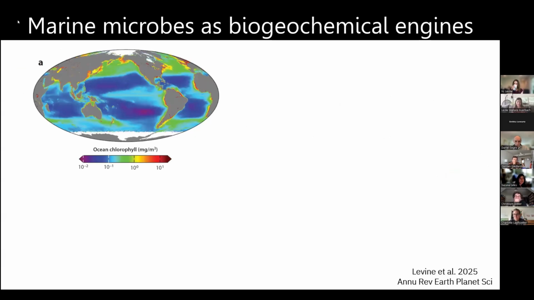But before diving into this story, let's look at the big picture and also talk a little bit about what are these cellular scale models. So as we know, marine microbes act as biogeochemical engines. Phytoplankton, for example, are responsible for producing half of the oxygen on Earth. And remote sensing tools give us this incredible ability to actually map chlorophyll concentrations across the globe.